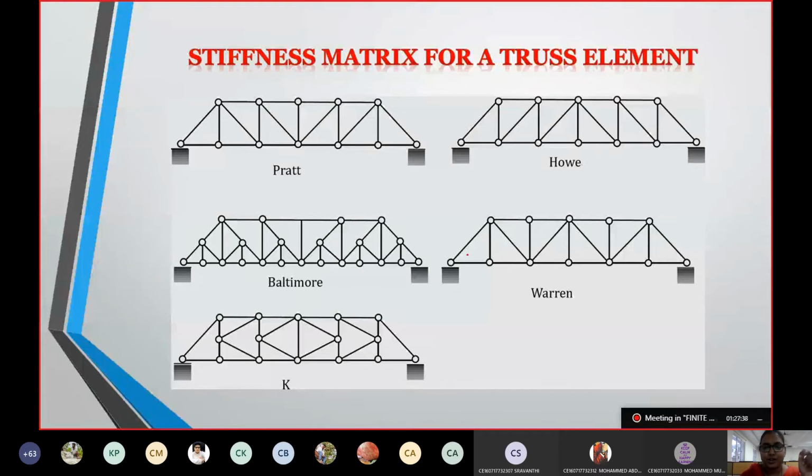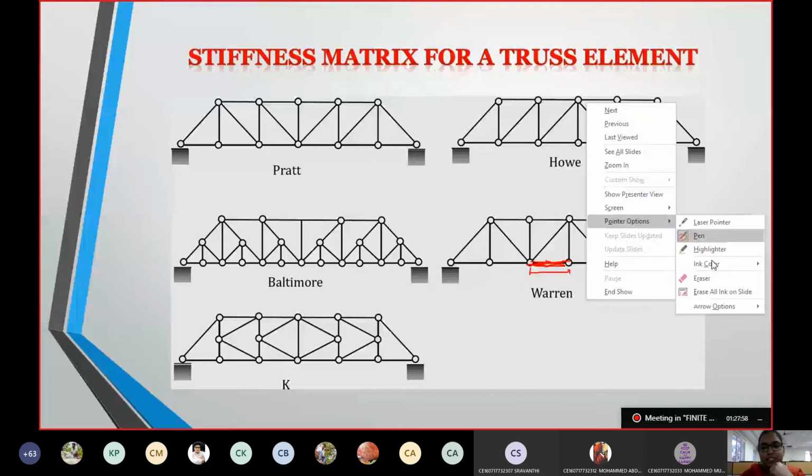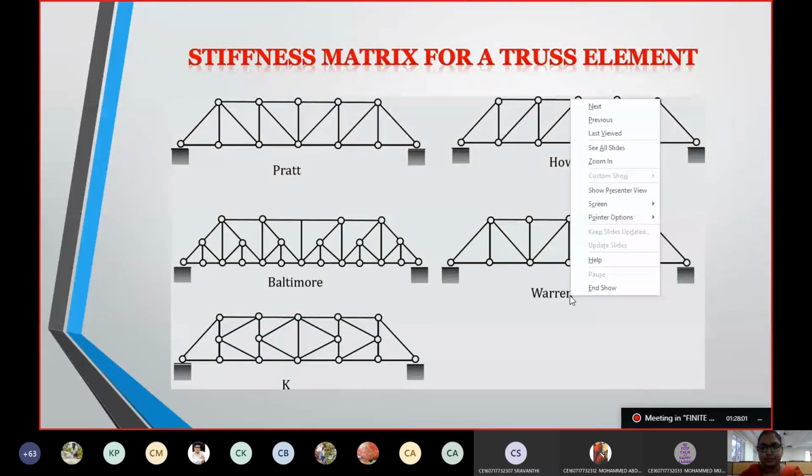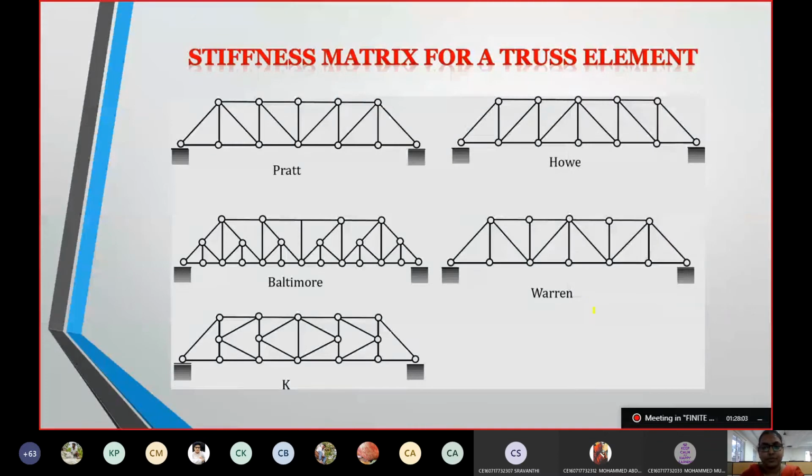If it is horizontal, if it is vertical, we can get the stiffness matrix of that particular element. Suppose I want from this node to this node, I have this member. If I need it for this member, how will I find out the stiffness matrix? We saw the stiffness matrix for a bar element. What was the bar element? Two-noded bar element, which is axially loaded.